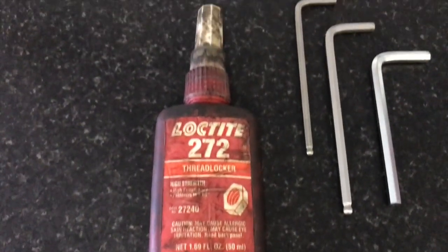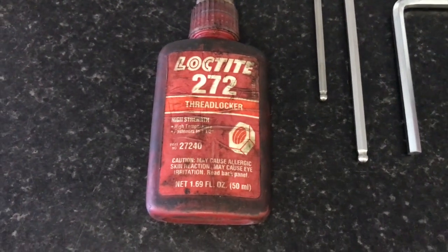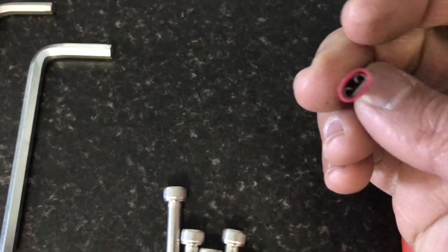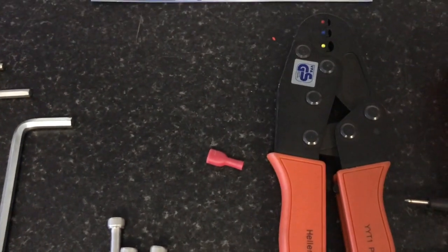Obviously you're going to need Loctite. I use quite a strong thread locker. I don't like taking chances. Then you're going to need one of these crimpers, this little crimper here, along with its little lug. This lug is basically what's going to connect onto your kill switch, or should I say your kill switch wire,